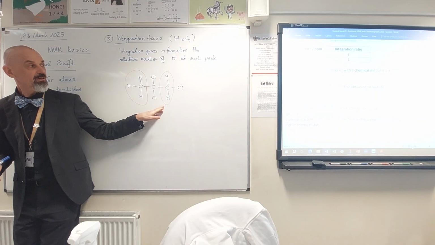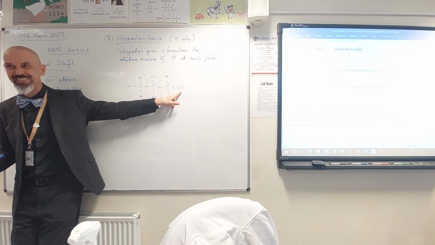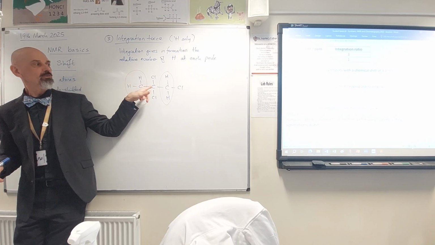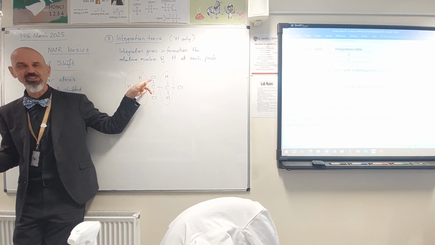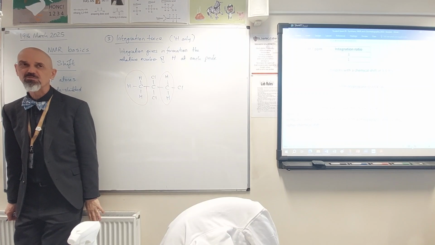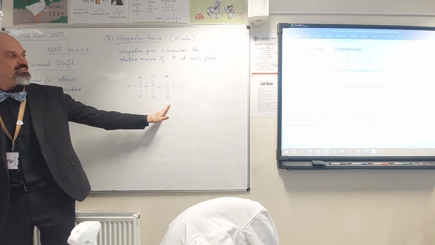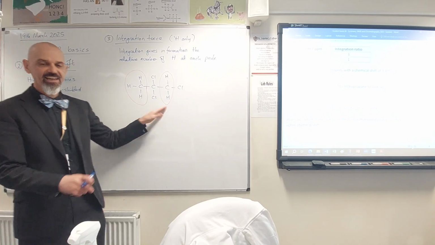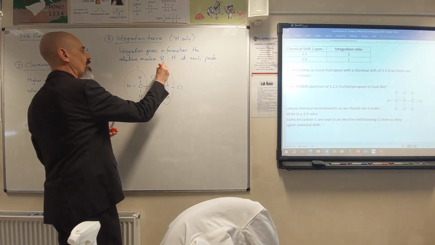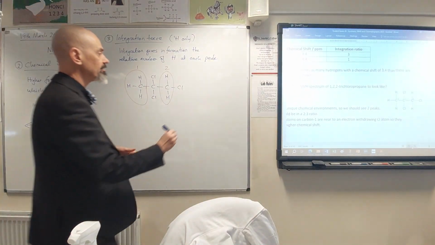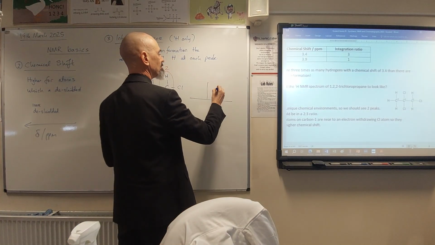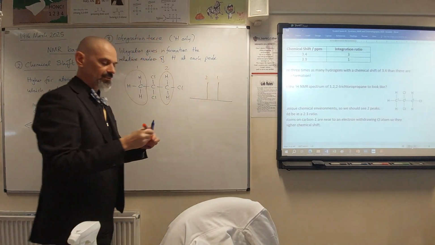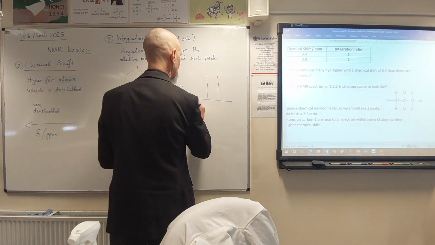Which one would be shifted further to the left? The ones on the right, because they're attached to a carbon which is attached directly to a chlorine, whereas these hydrogens are attached to a carbon which is only attached to another carbon, which is then attached to chlorines, but it's 1 carbon further removed from the electronegative groups. So we'd expect these to be shifted further to the left. So if they're hydrogen 1 and they're hydrogen 2, we'd have 2 peaks, and peak 2 would be expected to be slightly to the left of our